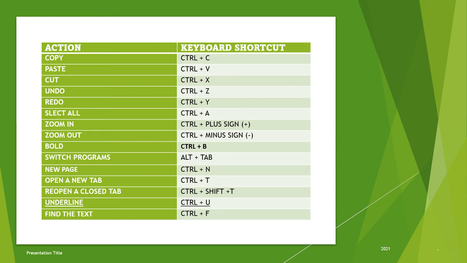And another one, if we want to underline the data, we need to press control plus U, and the data will be underlined. Or if we are searching for a specific word, there is no need to search through everything, we just need to press control plus F. Here we can write the specific word, and we can go to that word. These are the main and regularly used shortkeys of the system. If we know these, we can make our life smart.